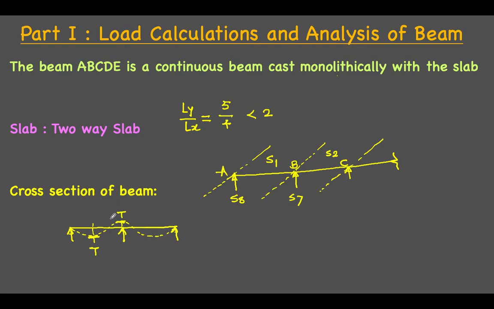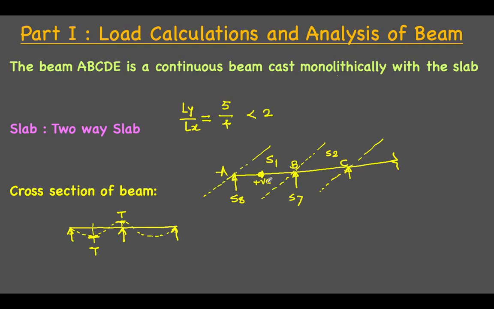So this is a very important thing when we have to design or identify the cross section of a beam. Now let us consider this AB span. If we identify such a deflection over here, it means somewhere at mid span there is a sagging moment. Sagging moment means this is a positive moment. Positive moment means in this case tension is at bottom.